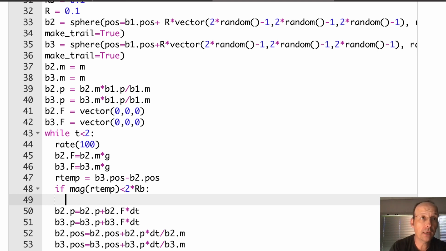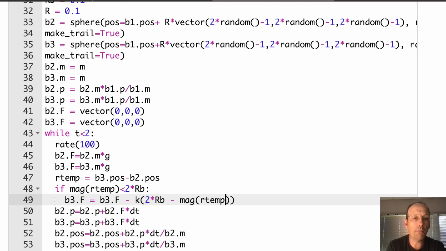Then it will be the force, B3.F equals B3.F, the old force, because I still have gravity, plus minus K times 2 times RB minus mag